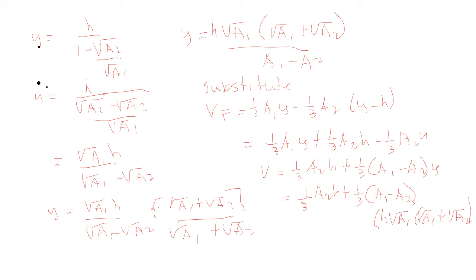then dividing by square root of A1, square root of A1 minus A2, A1 minus A2. So the volume equals 1/3 A2 H plus 1/3 A1 H plus 1/3 H times square root of A1 square root of A2,